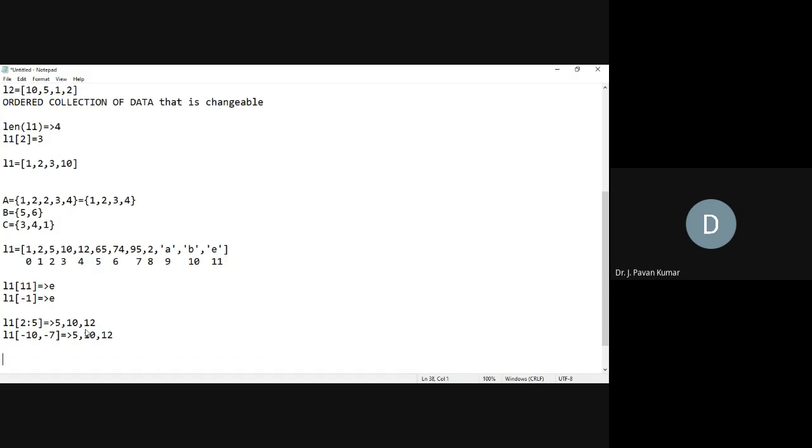Okay. Next, try to understand the previous one, L1 of 2 to 5. There is one important thing here: instead of 5, 10, 12, we wanted to print all the elements, so we have to start from 0 up to 12.